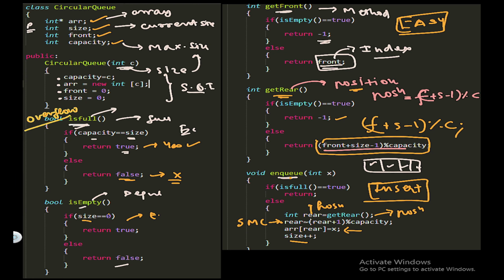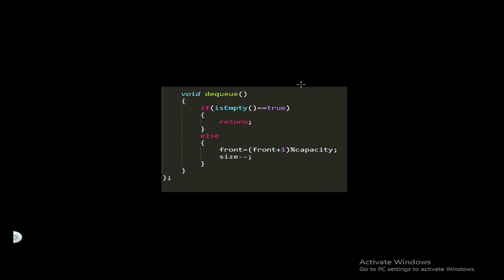This is very simple. Now let's see the last function. Actually the space was a bit less, so I had left the dequeue part. Let us now cover the dequeue part. So this is our last part, which is the dequeue function. Now what will the dequeue function do? It will delete